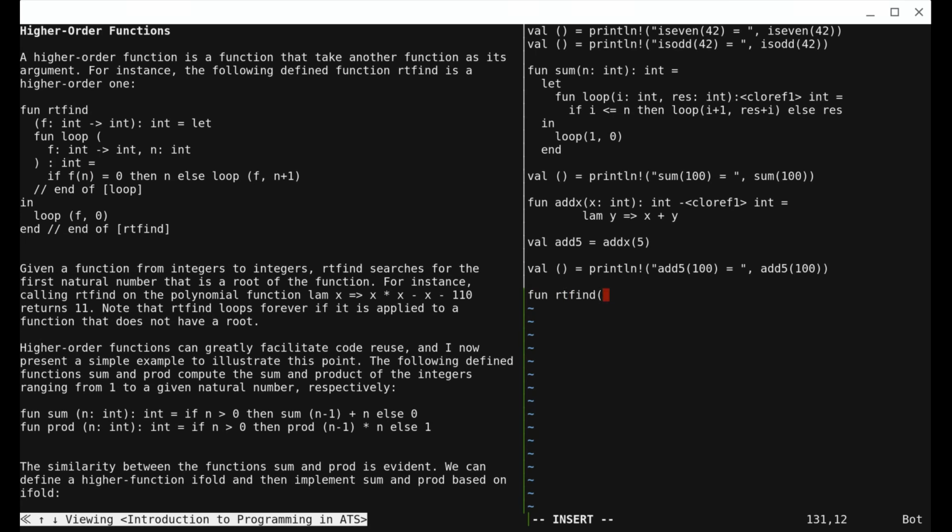So rtfind takes a function, so int to int. It doesn't need an environment. Rather, it doesn't allow an environment because a closure would have a different type. So you might want to pass a closure to this, but you couldn't do it. You'd have to have a separate rtfind for that. Anyway, let's not do this. Let's say it's implemented as loop of f is 0, where